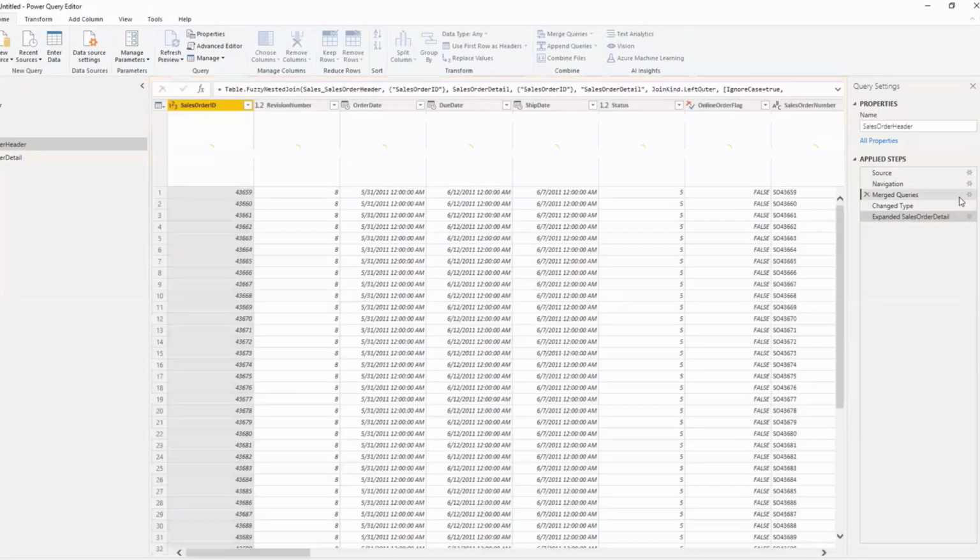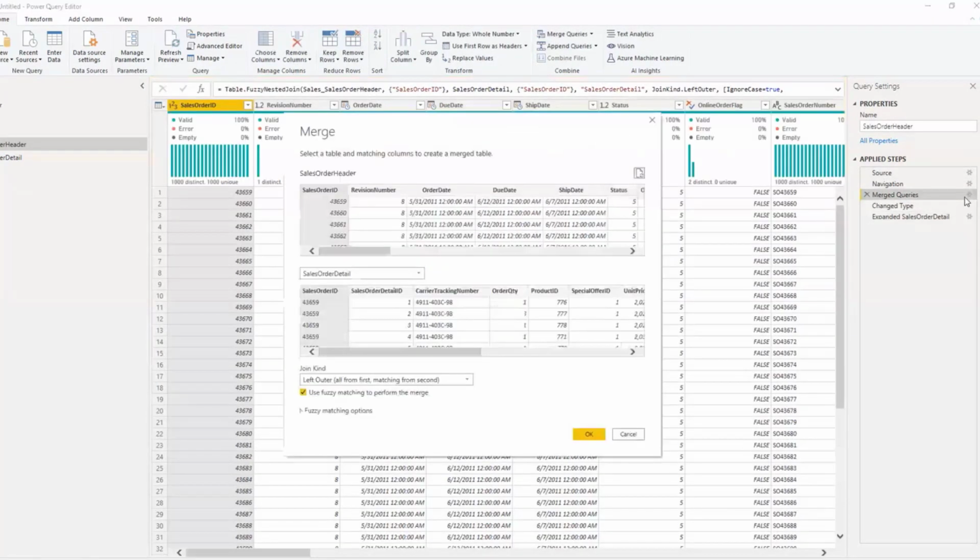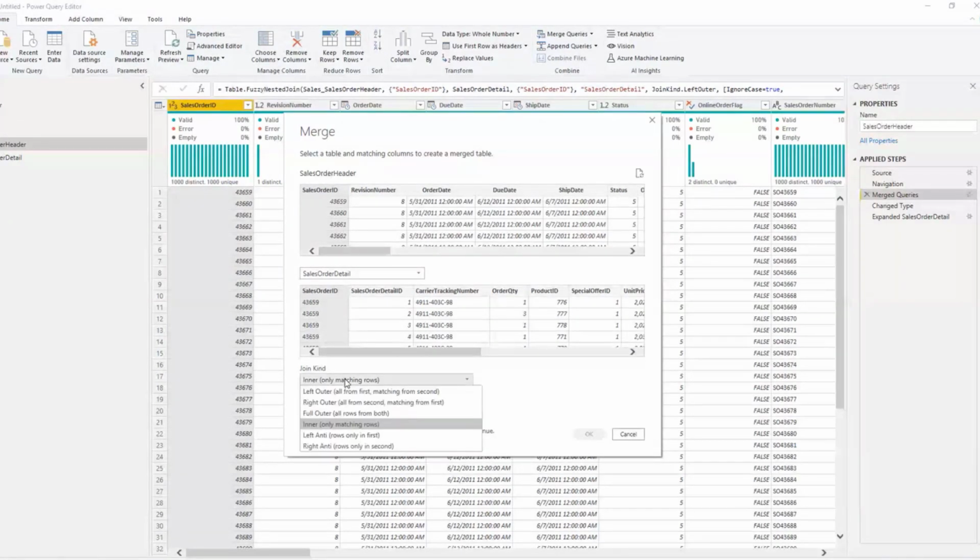I can't really process what the issue is right now. Okay, so the issue is actually with use fuzzy matching to perform merge, which does not work very well with some merge operations. So I'll just take that out. Hopefully this should sort it out. Let's see how it goes.